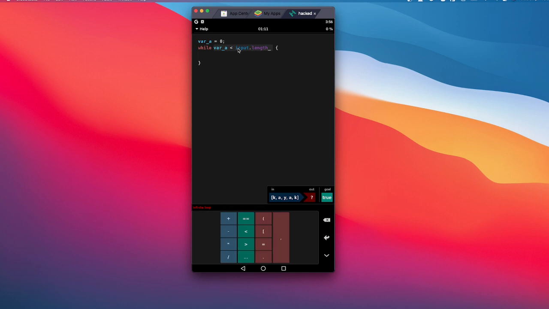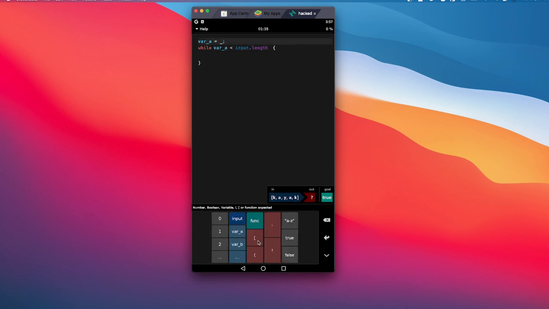So am I going to do dot length minus 1? If I'm doing something like this, that means I'm going from 0 to the length. So instead of that, I want to go backward. I want to loop through this array in reverse mode. So I think I should declare a as input.length